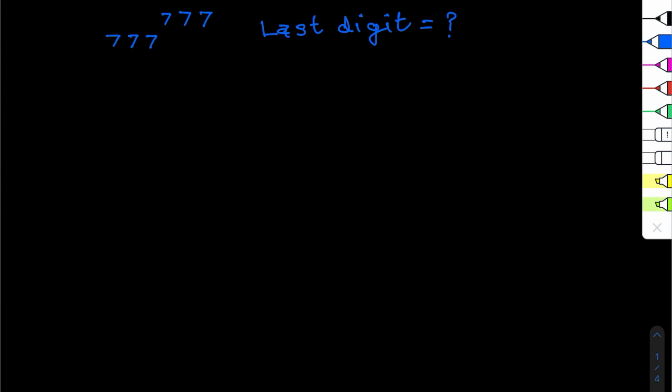Can you find out the last digit of the number 777 to the power 777? It is very easy, but a very interesting technique is used here. So see, the base number here is 777, and the base number can be reduced to only its last digit, that is 7, because